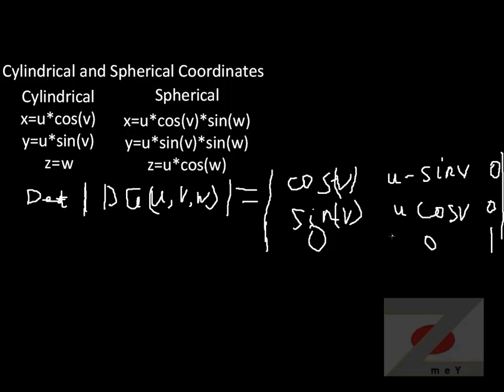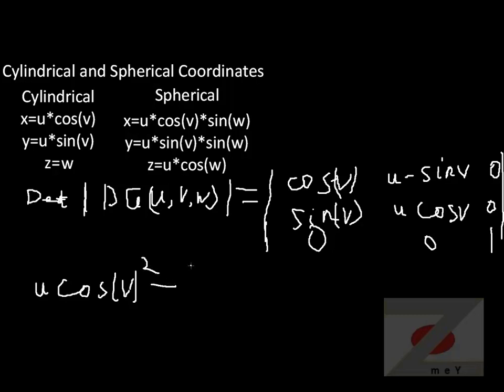The way I like to determine it is to pick a row and keep going from left to right. 0 times anything is 0, plus 0 times anything, once again, is 0, and 1 times cosine v times u cosine v. So this is going to equal u cosine squared v,